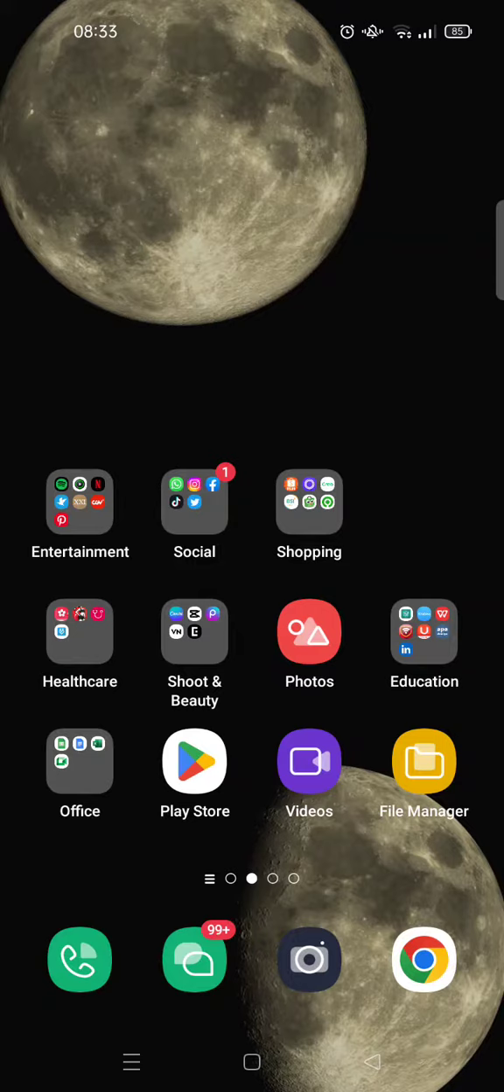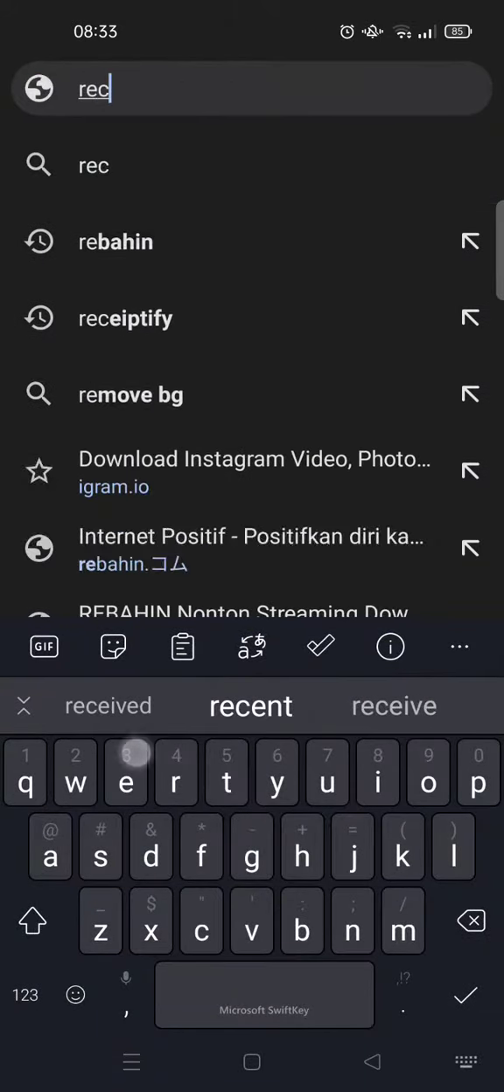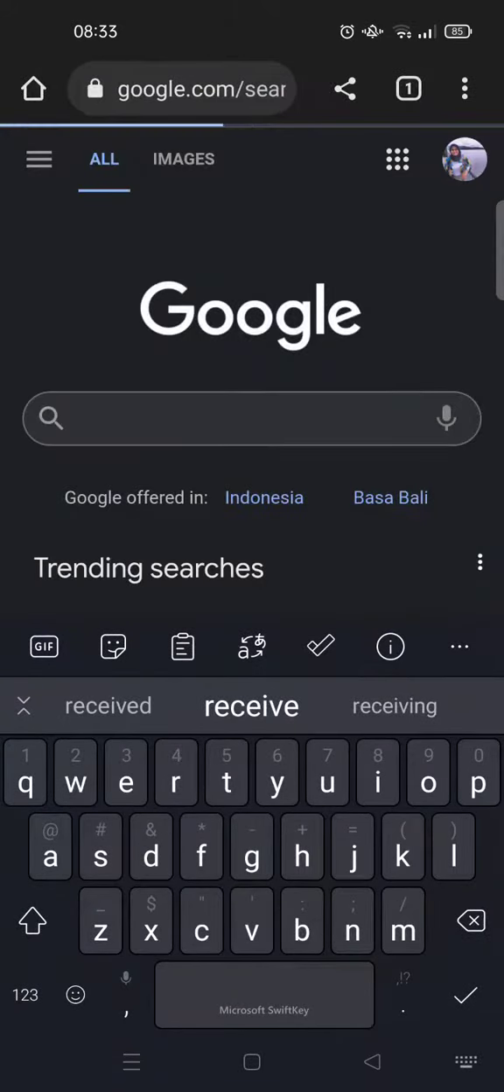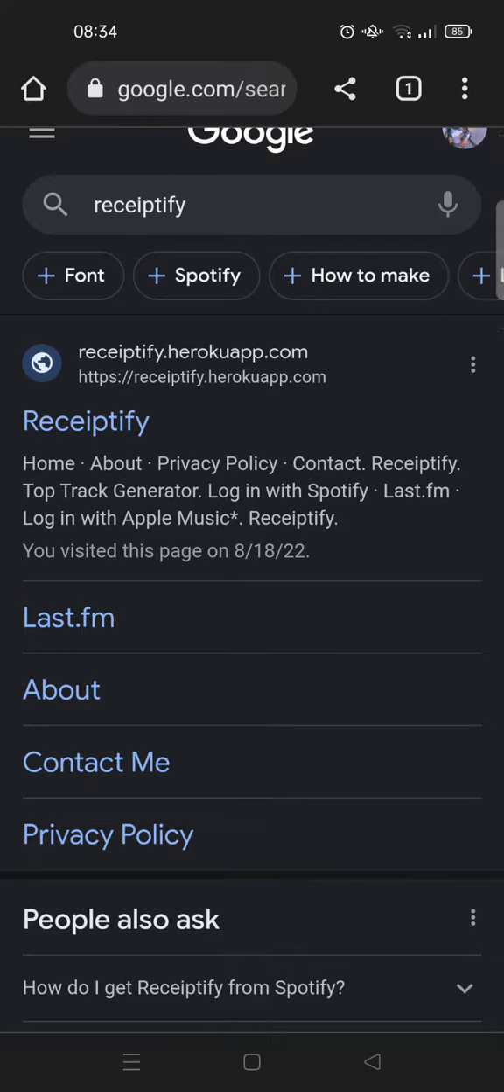On today's video, I'm gonna show you how you can get Receiptify from Spotify. So what you need to do is just open your browser and then find Receiptify in Google. Okay, this one. And here you just need to go to the first web that shows up, receiptify.herokuapp.com. Click on that,